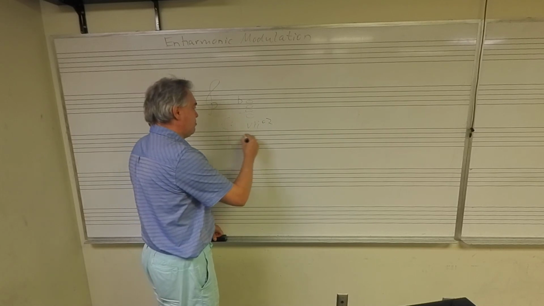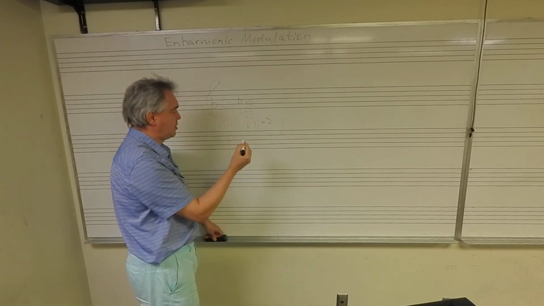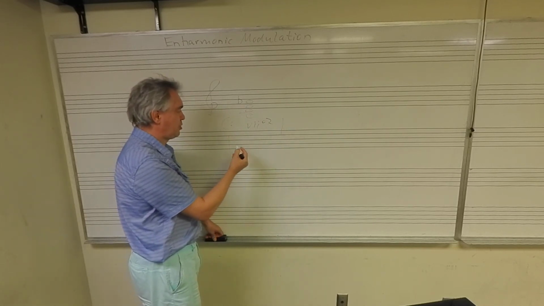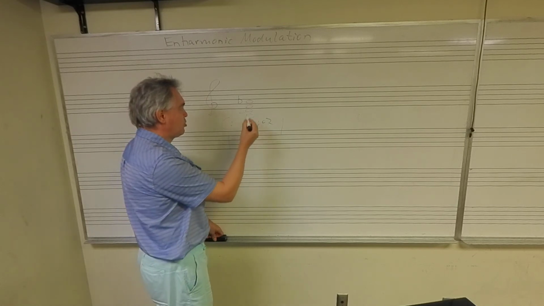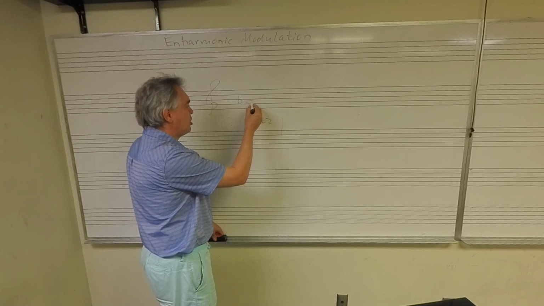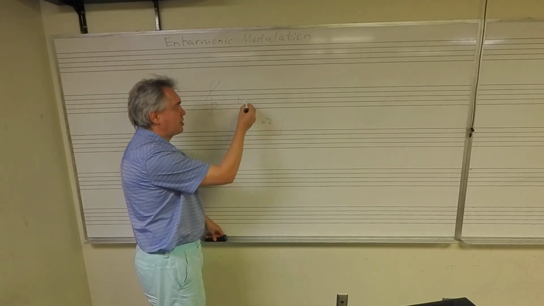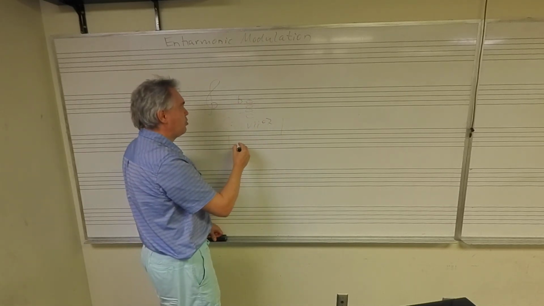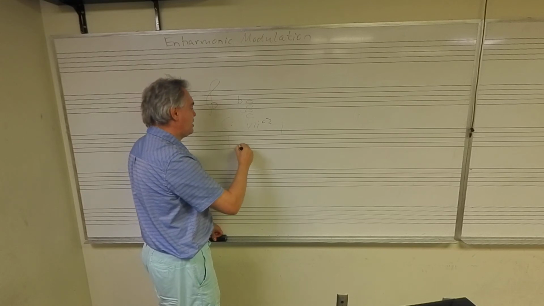So it just would be with a different inversion. So in this last example, where it's really G sharp, enharmonically G sharp, then we would go to the key of A, let's say A minor,